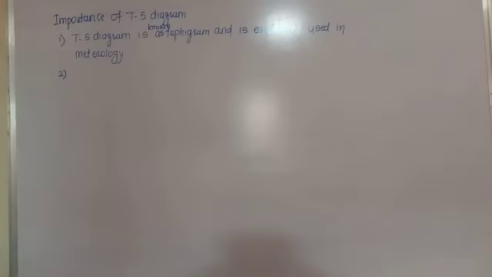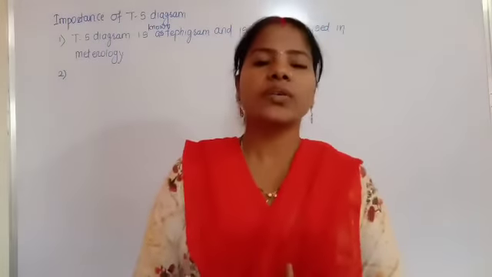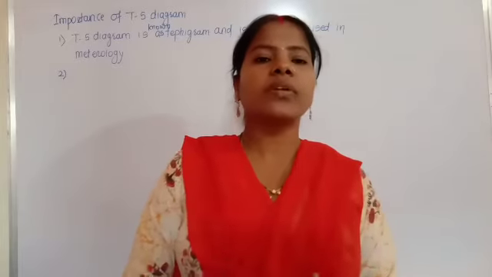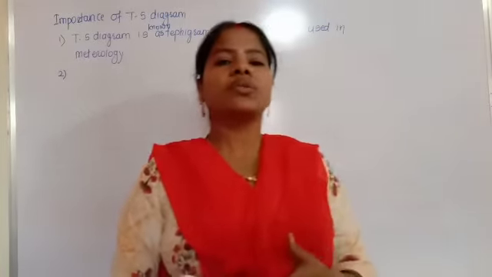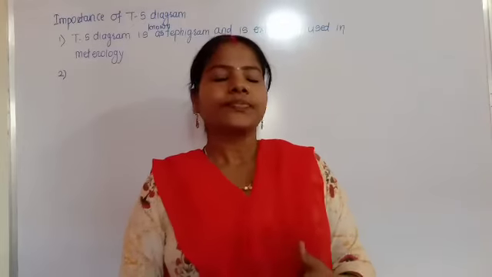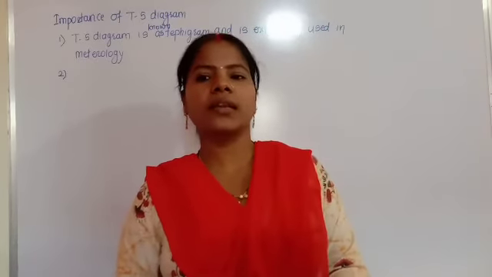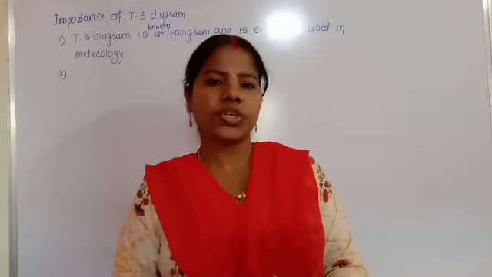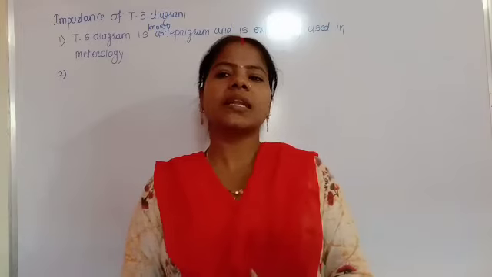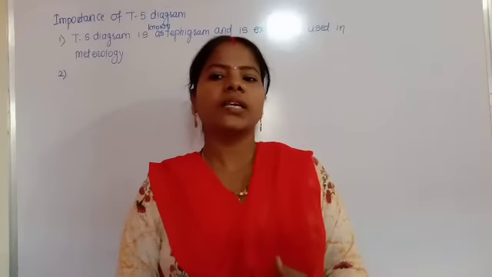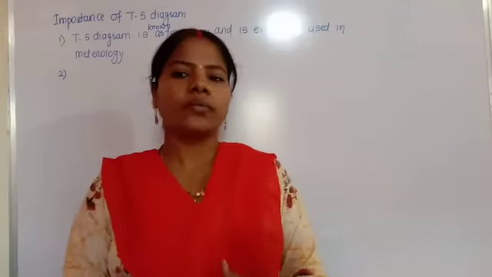The second important use is that the TS diagram helps us to very easily calculate the work done per cycle. Using the formula Q1 minus Q2 equals T1 minus T2 times S2 minus S1, the external work done equals the area of the rectangle ABCD of the cycle. We can easily calculate the work done per cycle because the TS diagram is a rectangle. That is why it is used by auto engineers to study the working efficiency of engines.